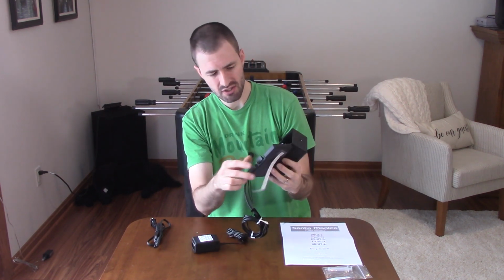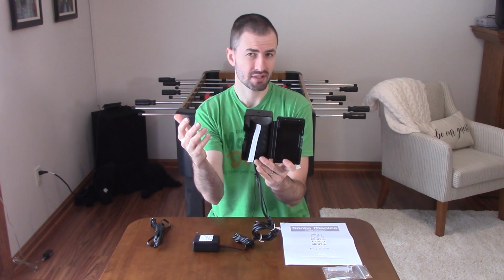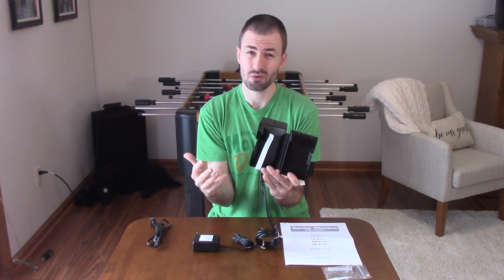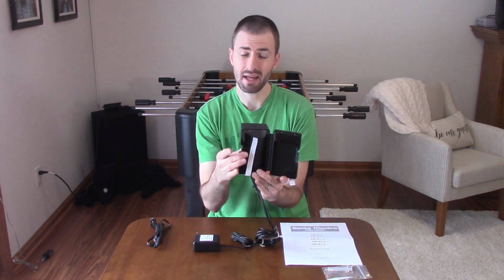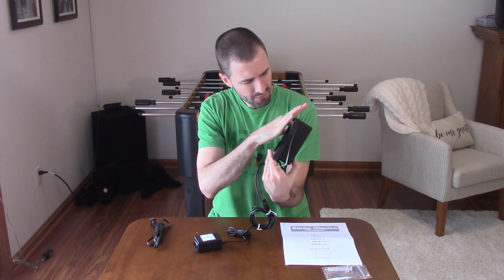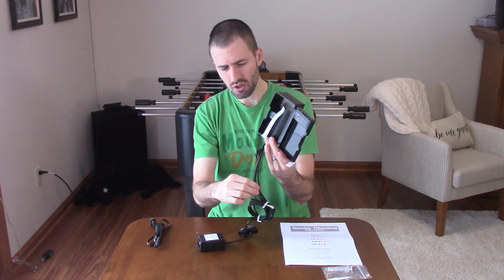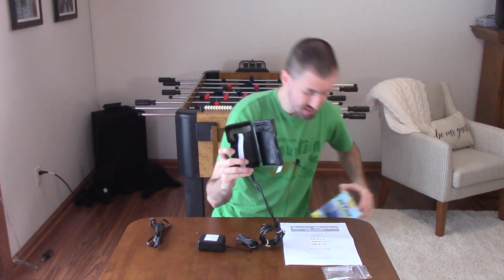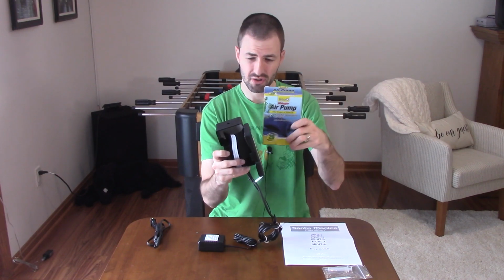So just so you guys know, essentially what this unit does is there is a red LED in here that obviously lights up and turns on. Algae is attracted to red light, so that encourages algae growth even more. There is also a rough surface in here, because algae needs a rough surface to attach to, and then there is also air tubing. So you also have to have an air pump with this. It came separately, I had this air pump just sitting around. You're going to hook this up to here,